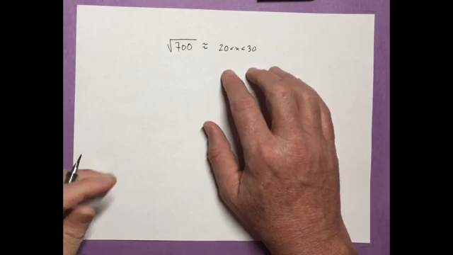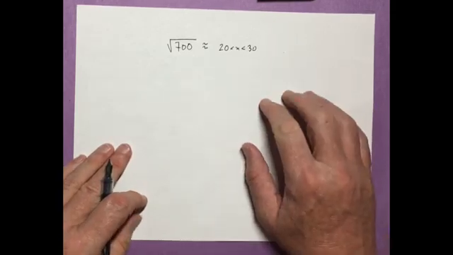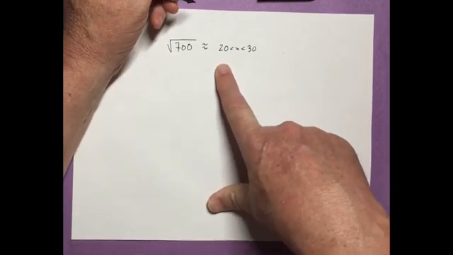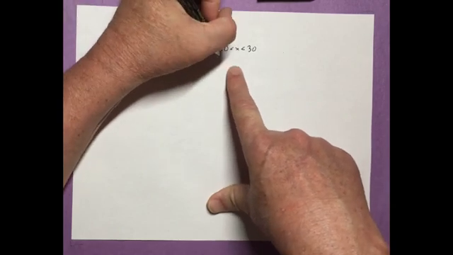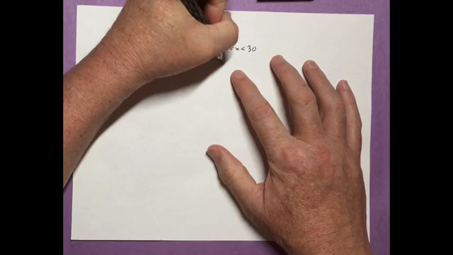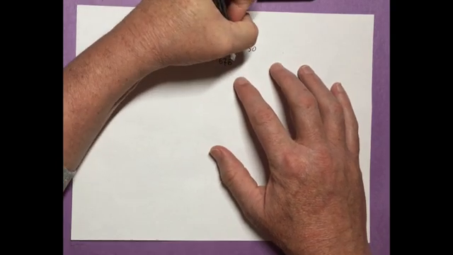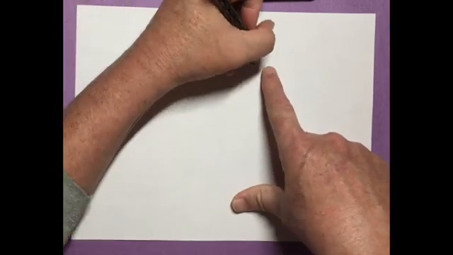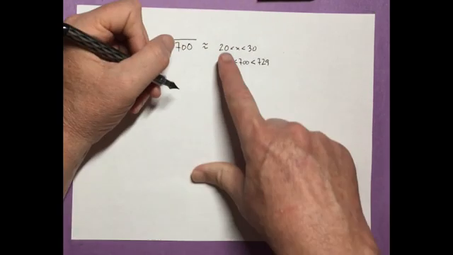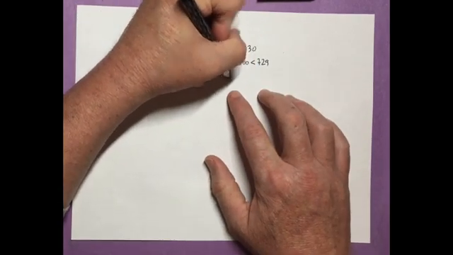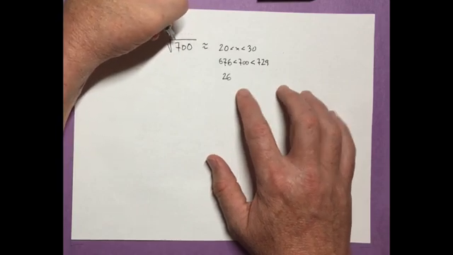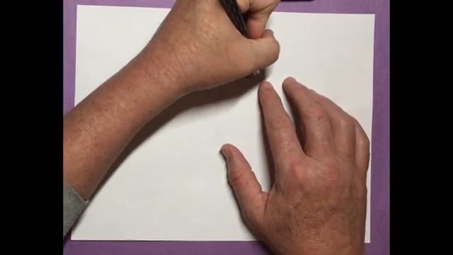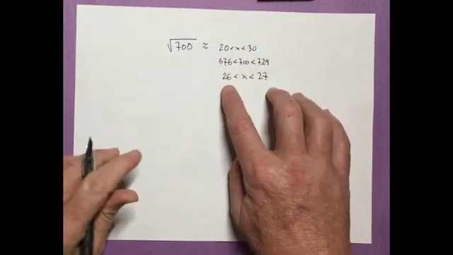They're asking for the actual integers, and you use your calculator for this, but it turns out that 26 squared is 676, which is less than 700, and 27 squared is 729. So even better than saying between 20 and 30, we know that whatever the answer for the square root of 700 is, it must be between the square root of 676 and the square root of 729. So it must be between 26 and 27,